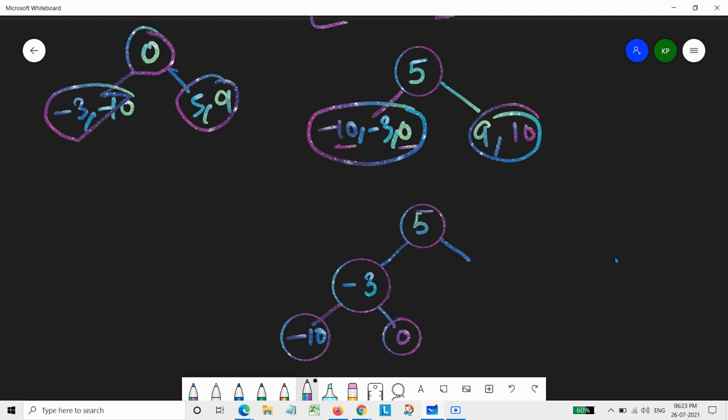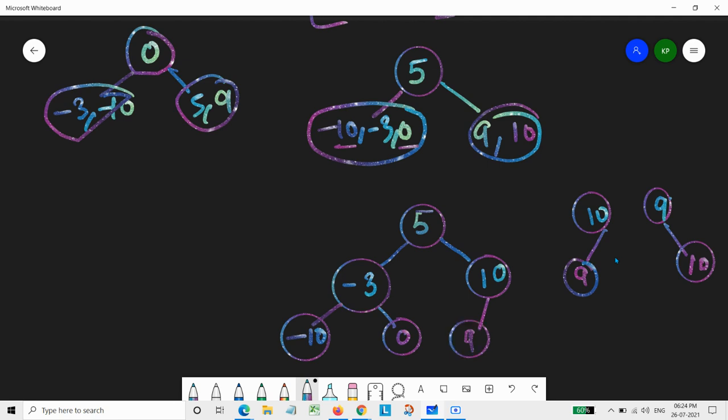And next we are having 9 and 10. Now either we could make a right subtree like this, that we are making it 10 and 9, or we could make it like this, that we are choosing 9 and 10. I think both orders will be accepted. Now let's make it like this, 10 and 9. In this manner it is filling from the left side only, means it is complete from the left side.